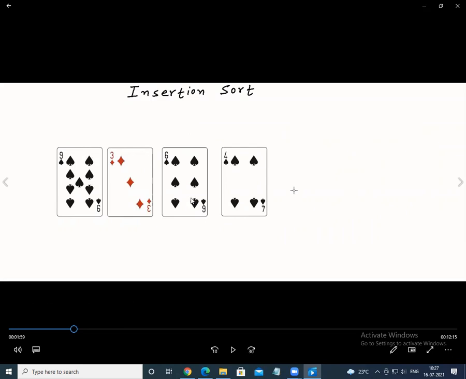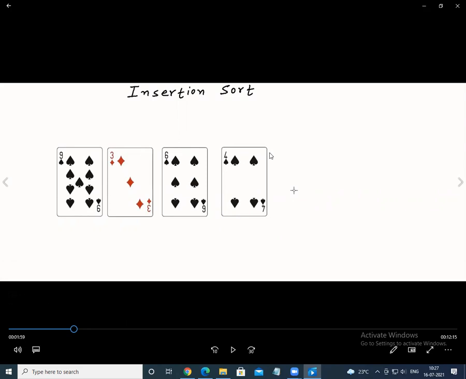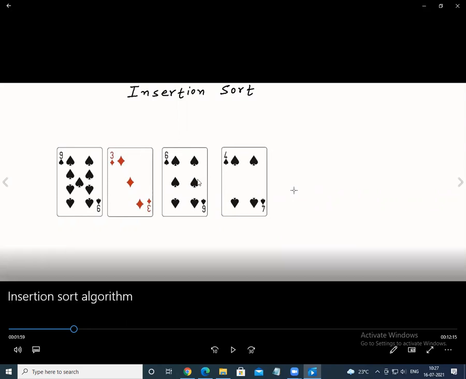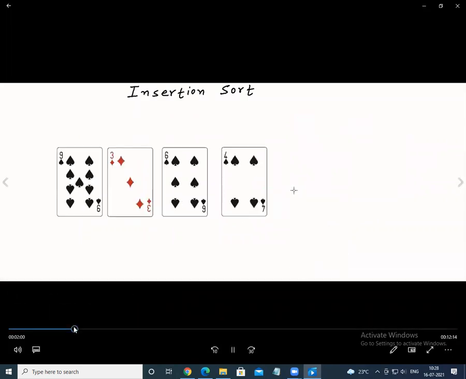Just for the convenience that I explained, what we are going to do is, so when you pick a 9, you simply put it, because there is no another competitor element. When you pick up 9 3, you place above 3, right? With respect to the, you are inserting it. Again, you pick 6, you put 6 in between 3 and 9, right? As we have seen here, see, when you pick up 4, again it is put in between 3 and 6, right? So this is a concept.